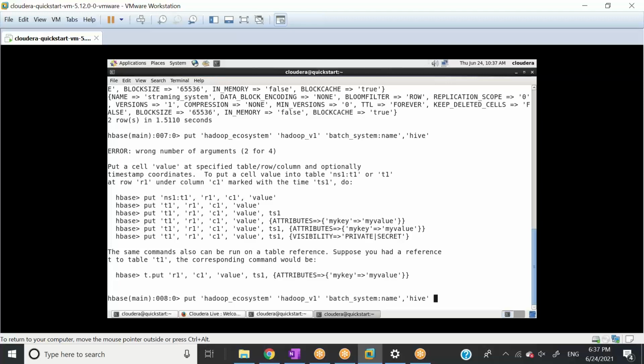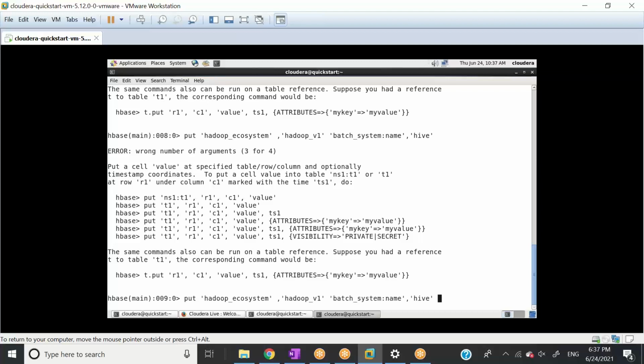I did something wrong. One second, guys. Hadoop ecosystem comma is missing here, and it should be fine. No. Put single quotation on name. Single quotes.